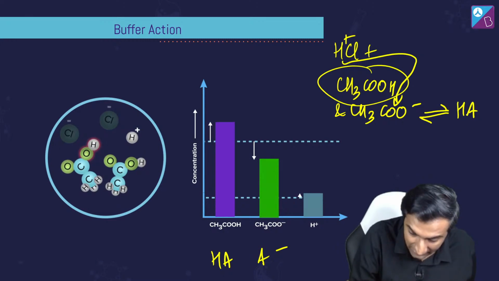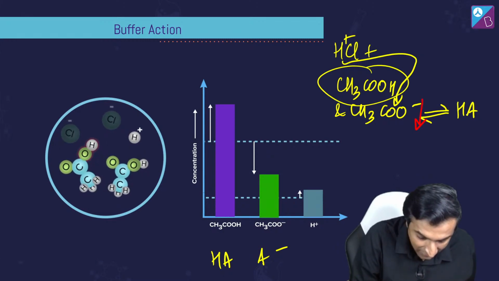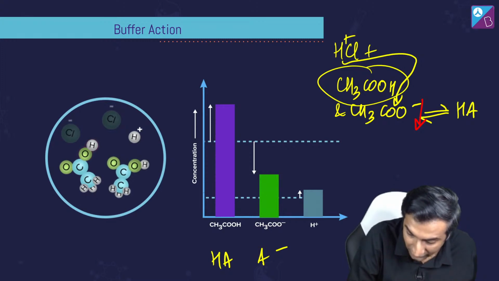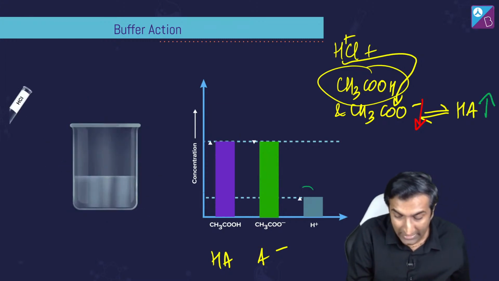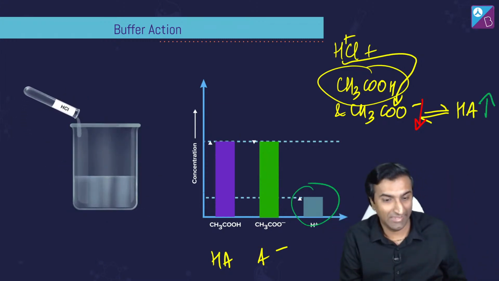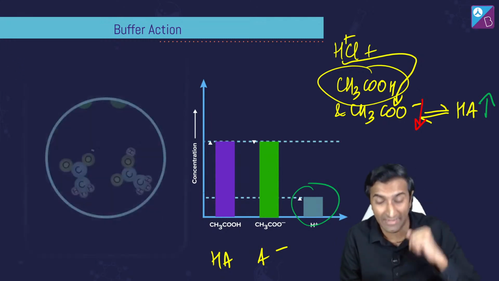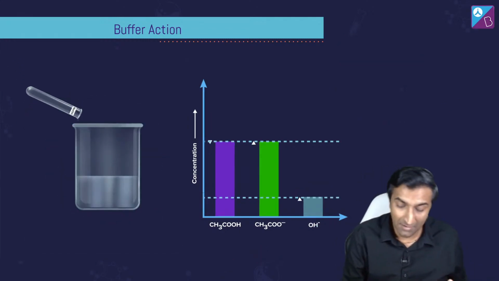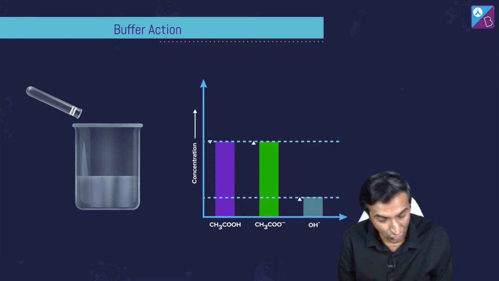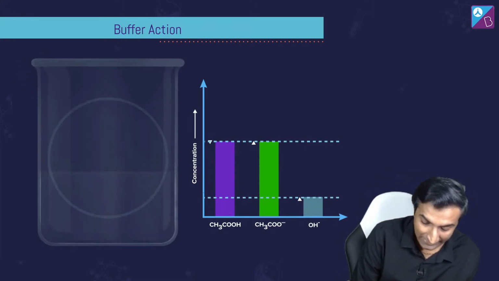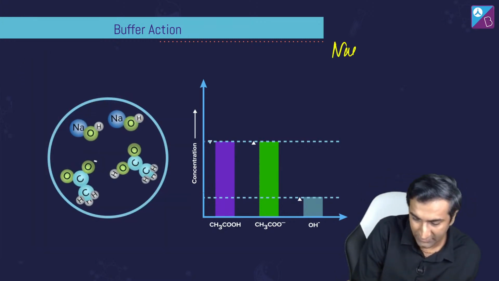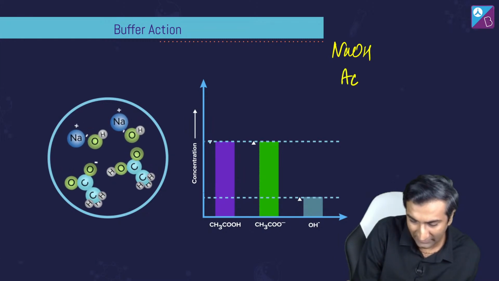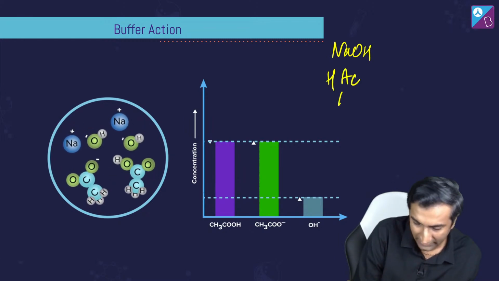Let me use a nice red color to show कि इसकी कम हो रही है, and another color, maybe a green color to show कि इसकी concentration बढ़ रही है, which is what you see with this. H plus remains unaffected. ठीक है, this is how a buffer action works if I add an acid. What if I add a base? अगर मैंने base add किया तब क्या होगा? सोचो, base add किया, again now I have NaOH and I have same thing, HAc और Ac minus दोनों हैं,